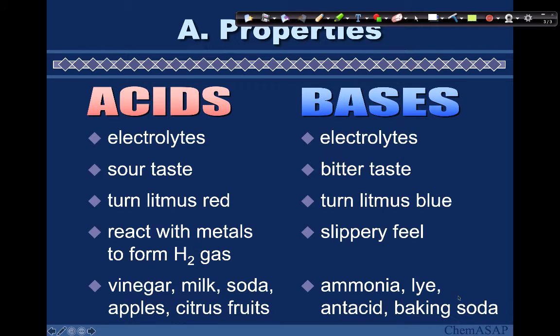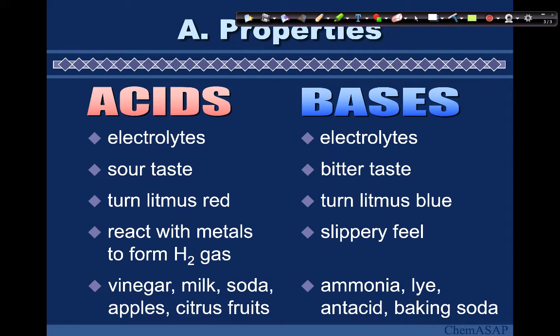Baking soda is also considered to be basic. A lot of times when we bake, we'll have an acid component. Even in milk you have lactic acid, or you'll maybe add a little bit of vinegar, and then baking soda. When you put those two things together, it produces carbon dioxide, which makes whatever it is rise. Now, acids will typically react with most metals to form hydrogen gas,